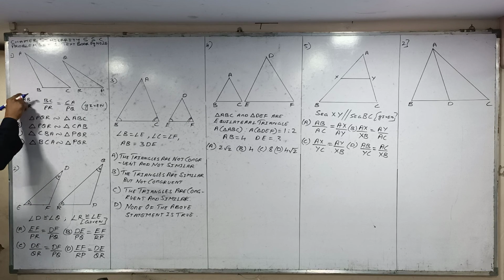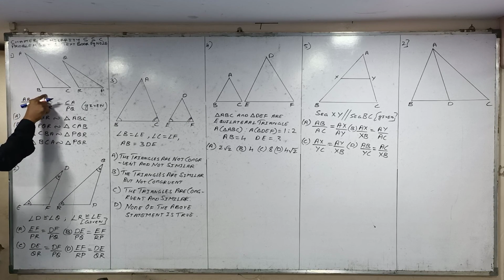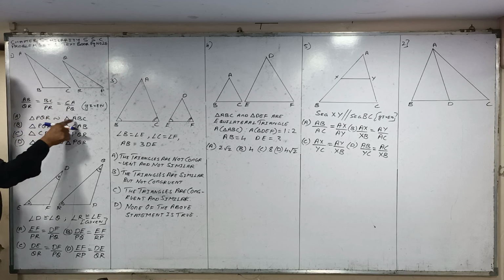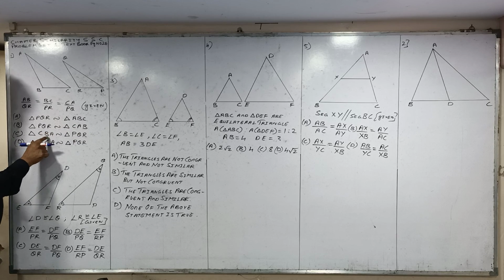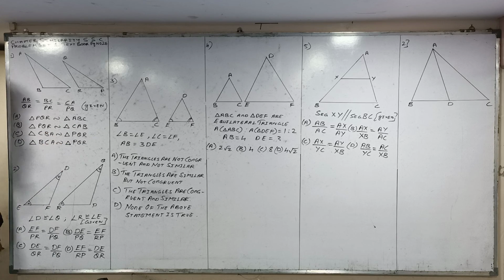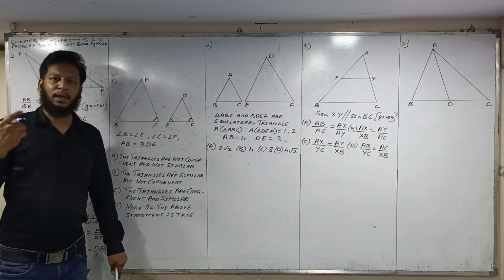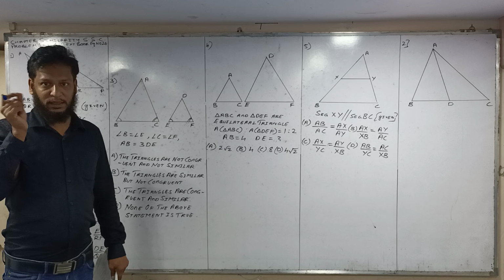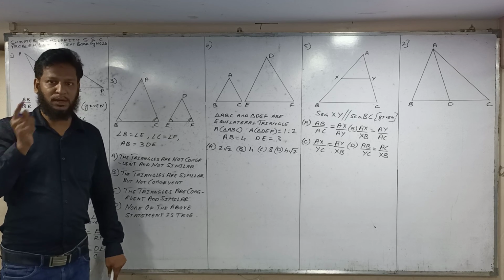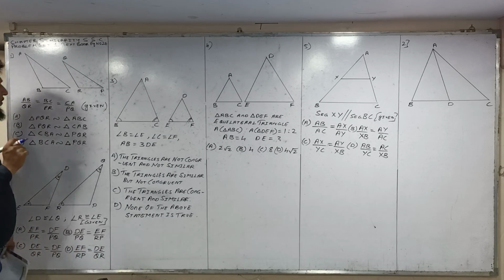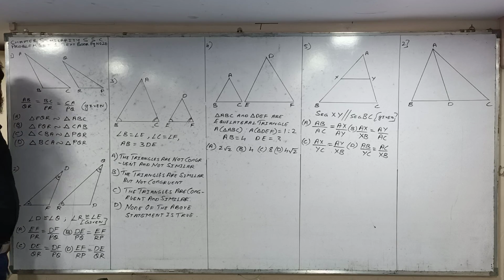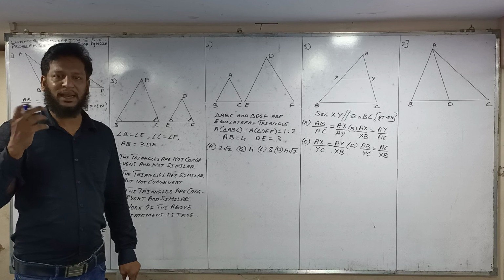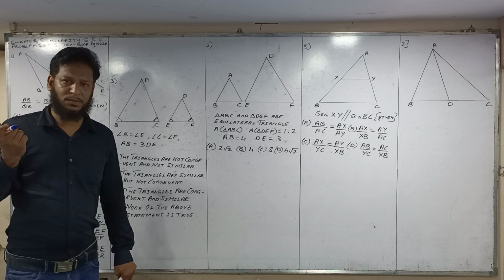It is given AB upon QR is equal to BC upon PR and CA upon PQ. You have to find out which triangle is similar to which triangle, one to one correspondence. The triangle name can be written in 3 ways, but you have to write the name of the triangle in proper correspondence with one another. Now see, we are putting the numbers. This will help you to find the similar triangle in proper correspondence.